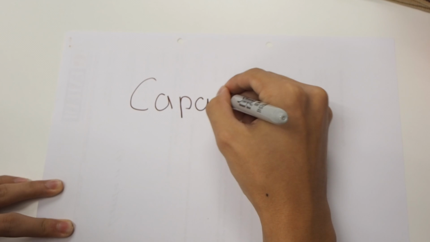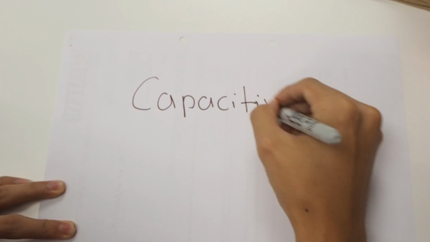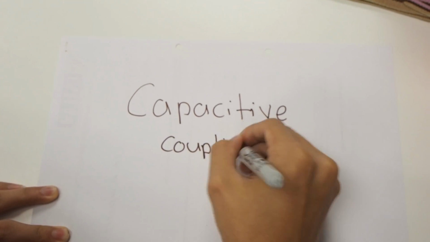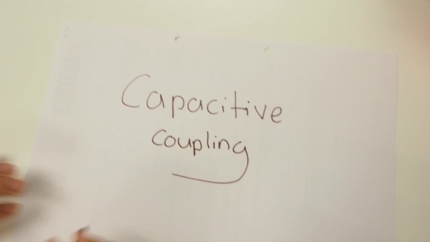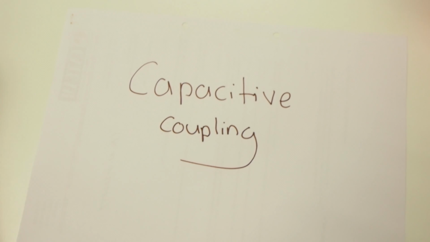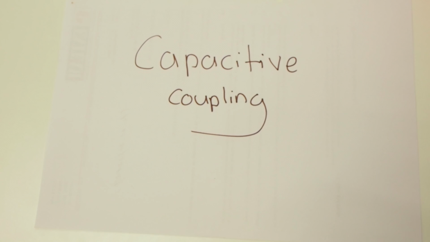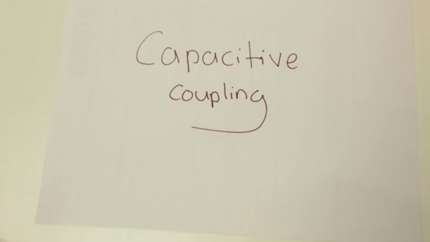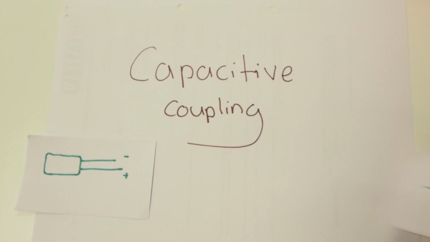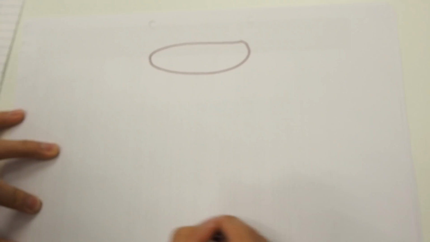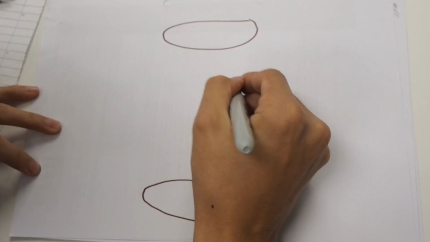Now I want to introduce capacitive coupling. Capacitive coupling is a transfer of alternating electrical signals or energy from one segment of a circuit to the other using a capacitor. The coupling provides a medium for the AC signal while blocking the DC energy. This is a capacitor, and this is the symbol of a capacitor. A capacitor is able to block low frequencies such as DC and pass high frequencies such as AC because it